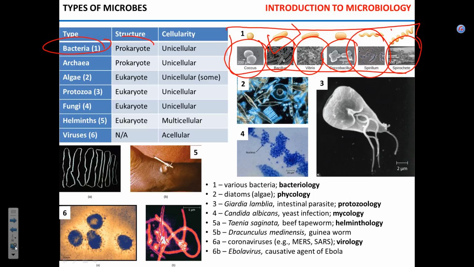Bacteria do not have a nucleus. They're all prokaryotic. Prokaryotic organisms, what else do they mean? What else do they not have? They don't have a nucleus, and they don't have something else. Organelles, membrane-bound organelles. And they are unicellular. Always. Okay? It does not mean that if you take a bacterial sample, you will find just one cell. You can have clusters of them. But